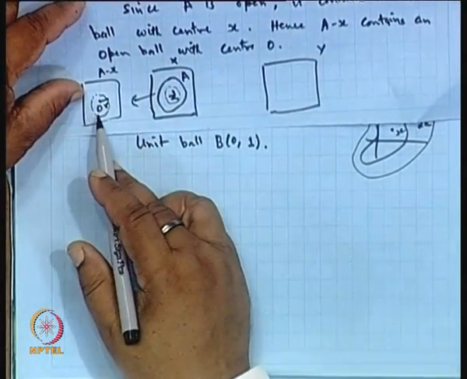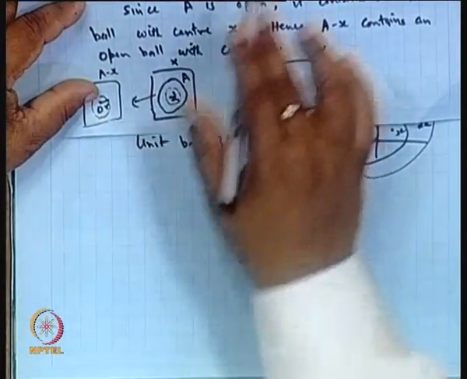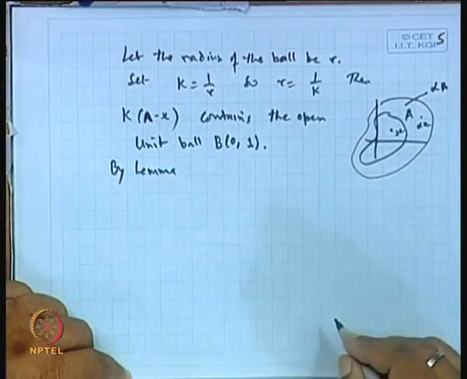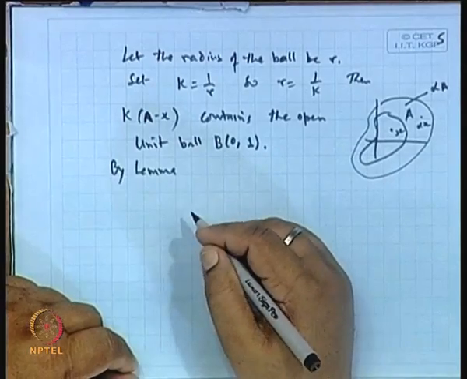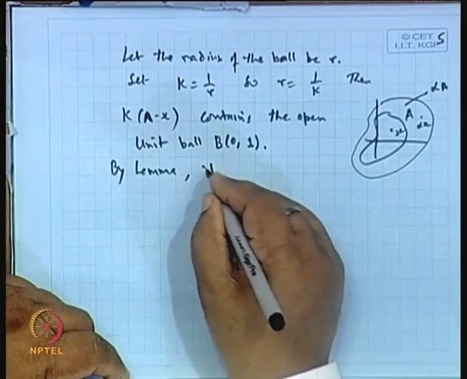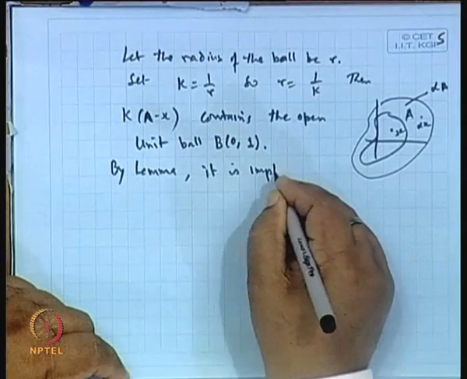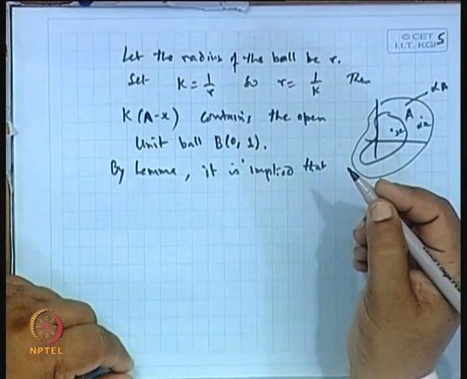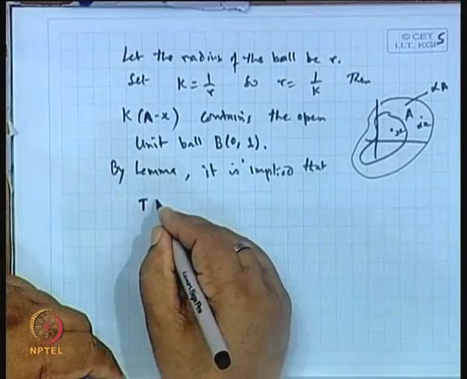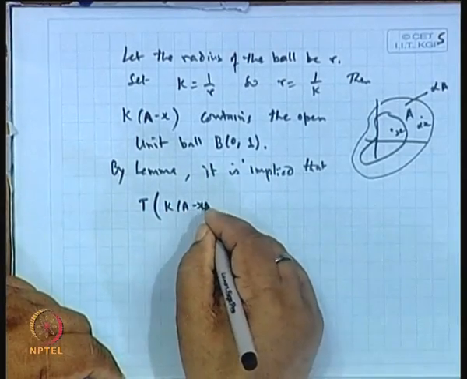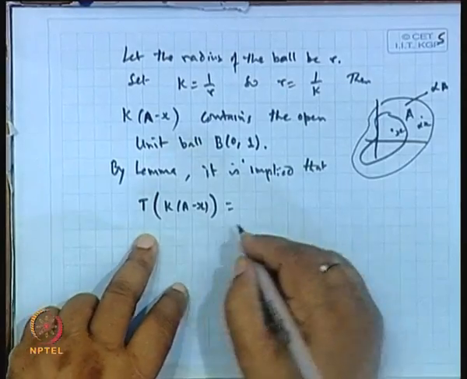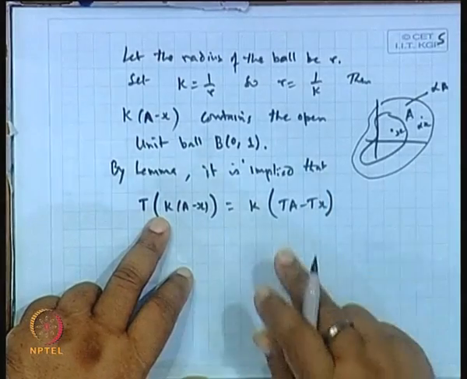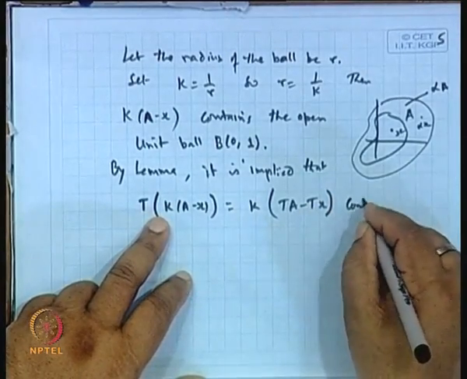So, the image of this will contain an open ball as per the lemma. So, by the lemma, what we get now is that the image of this, T of k(A minus x), is, because T is a bounded linear operator, k can be taken outside, and this is k times (T A minus T x). This thing contains an open ball